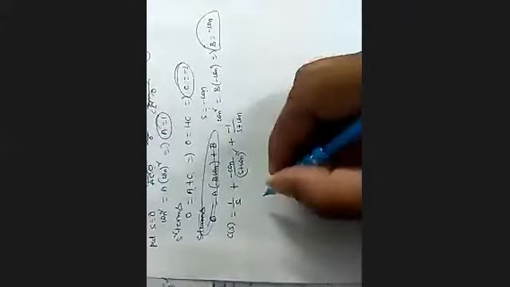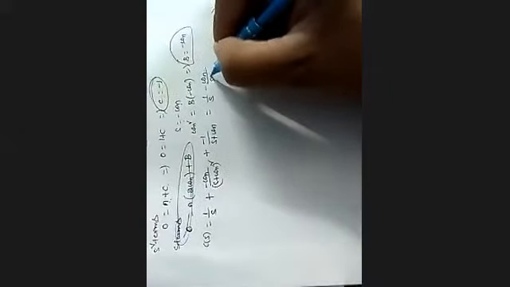So finally, C of S equal to A by S. So here A equal to 1, plus B, so B equal to minus omega n, by S plus omega n whole square, plus C. C is nothing but minus 1 by S plus omega n. Okay, so it can be further simplified: 1 by S minus omega n by S plus omega n whole square minus 1 by S plus omega n.